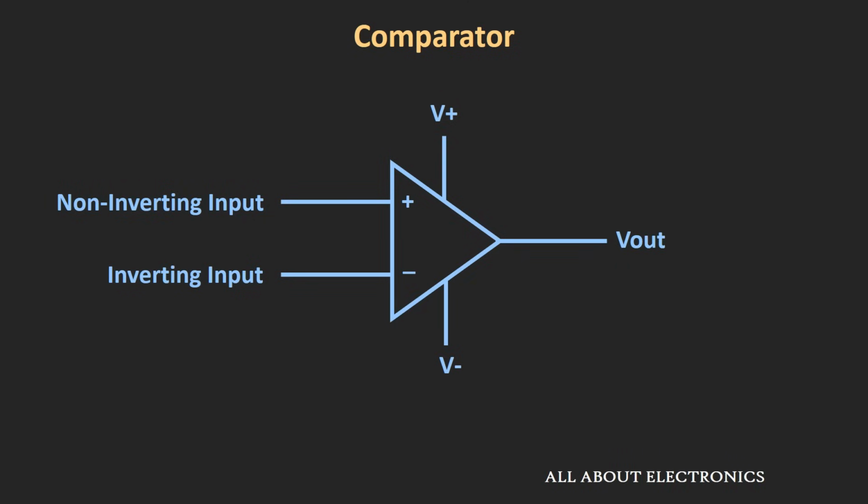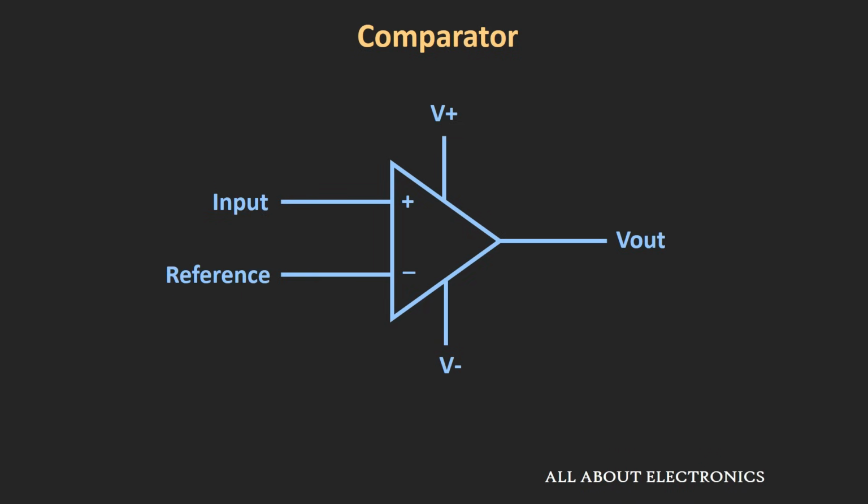This comparator consists of two inputs, inverting and non-inverting, and it has one digital output. Here digital means the output can have two states, either high or low, and the state of the output depends upon which input is higher. So if the voltage at the positive terminal, or the non-inverting input, is higher than the inverting input terminal, the output of the comparator will be high. Likewise, if the voltage at the negative terminal is higher than the positive terminal, the output will be low. So as you can see, this comparator acts like a 1 bit analog to digital converter, and in fact comparators are used in analog to digital conversions.